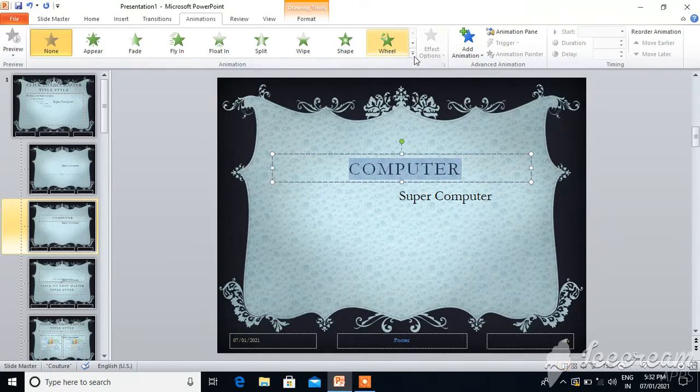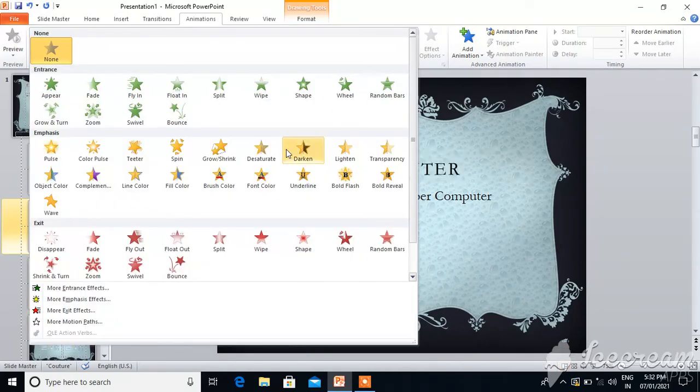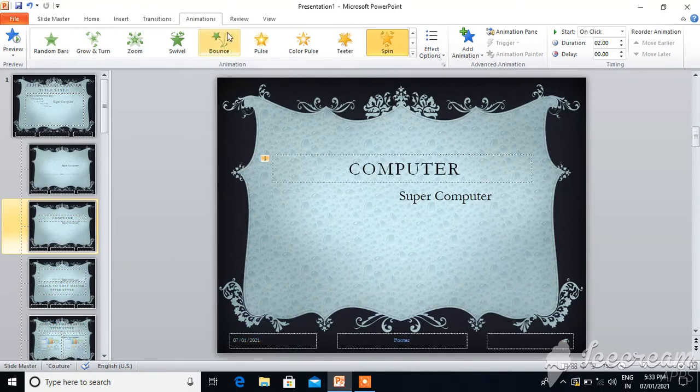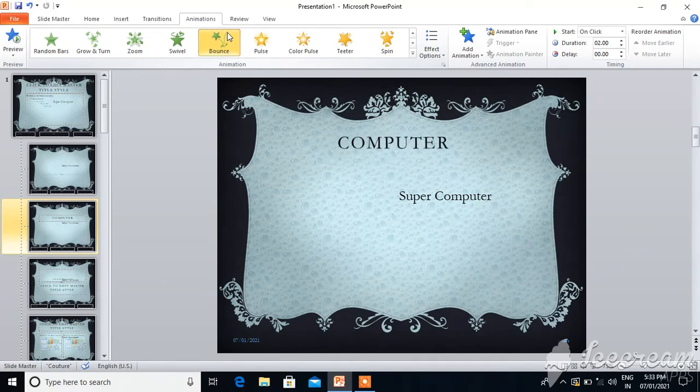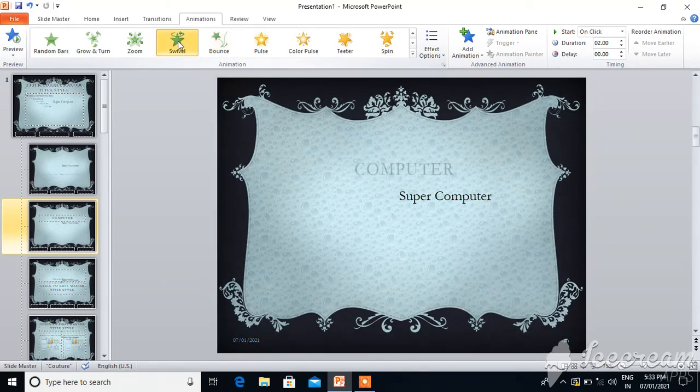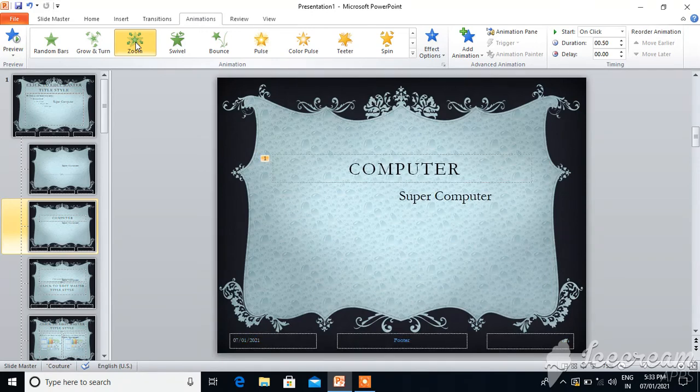Okay, here are some animations. Just select whichever one you like. I will select spin. See here how it spins. Okay, is it interesting? Now I will select bounce. See how it bounces. Swell, it rotates on one place. Zoom, it zooms.